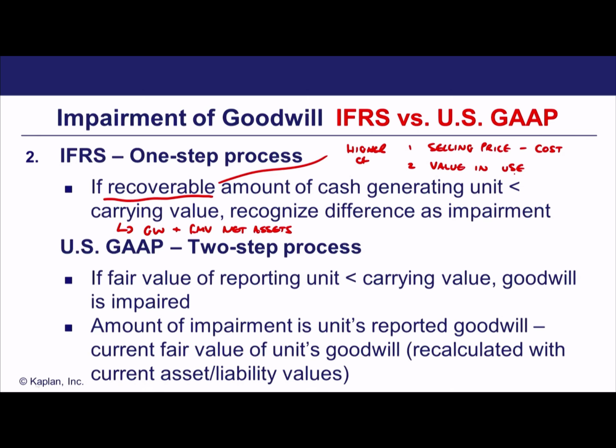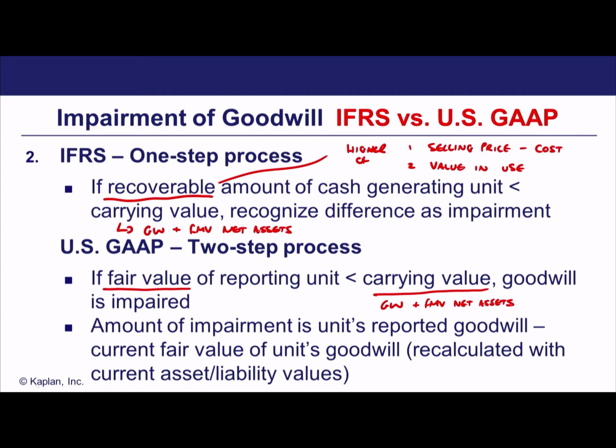Now, US GAAP takes a two-step process. It looks at the fair value of the reporting unit, so essentially the value you could dispose of it. So really the selling price, okay, and remember, US GAAP typically does not deduct disposal costs. So it'd look at the selling price of the reporting unit compared to its carrying value. Again, same definition of carrying value, that's going to be the goodwill plus the fair market value net assets of the subsidiary included in the group accounts. Now, that's step 1 of US GAAP. That just tells you whether you've got an impairment if fair value is lower than carrying value.